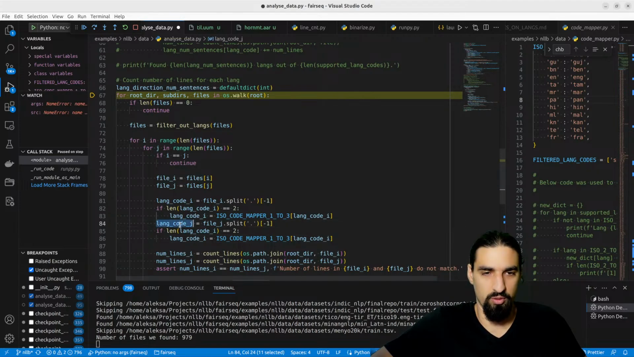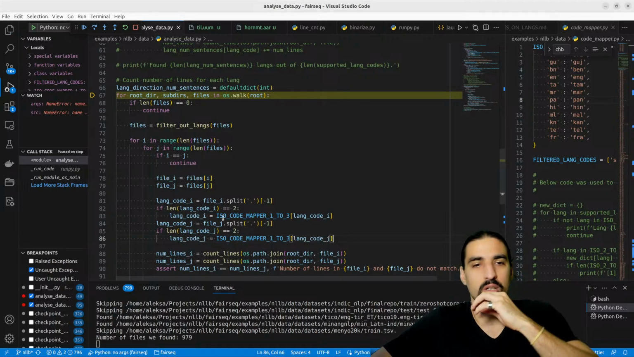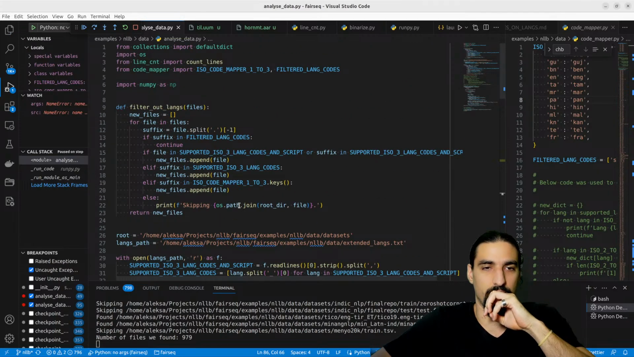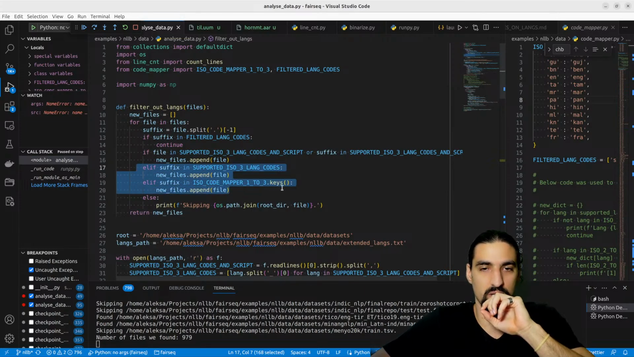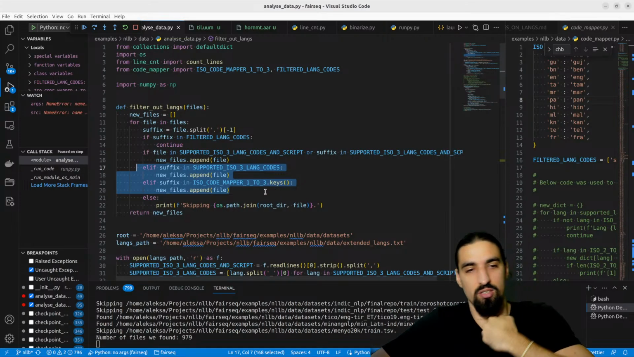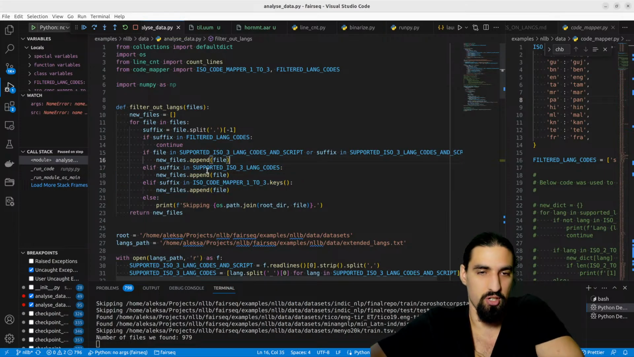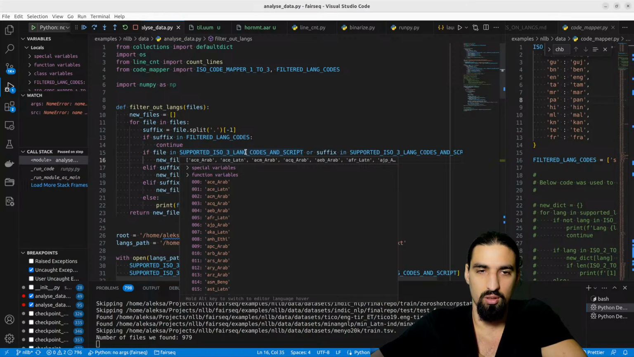So here for the lang code j, if that's 2, then we just modify it again. We map it into the 3-letter code. So that's kind of handled. So we handled these guys. Now what happens if we enter this branch here? In that case, the file doesn't have a suffix. In that case, we can have